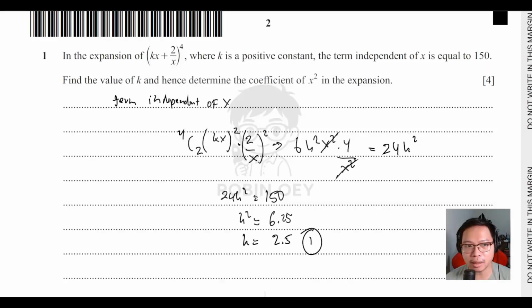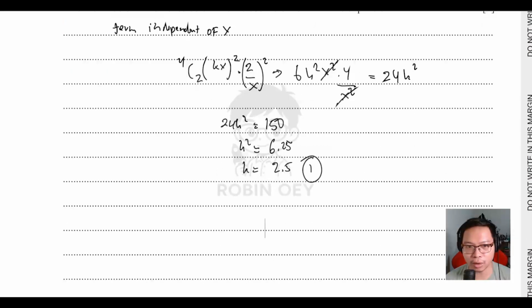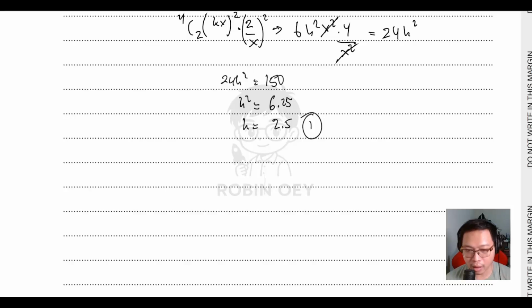Now the second answer. They want to find the coefficient of x squared in the expansion. It's quite simple for this. Again, we need to do some trial and error. Basically we are looking at (kx)^3 times 2 over x, then we are looking at 4C3. So if we open the bracket,